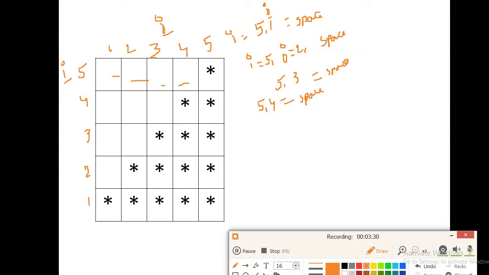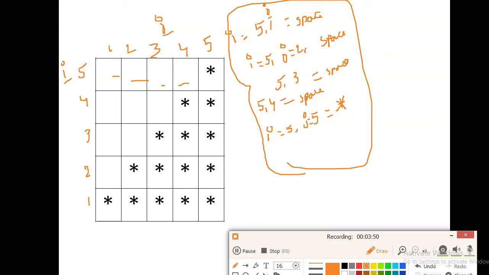And if you observe, i equals 5, j equals 5, here the star will be printed. So this is the first row.